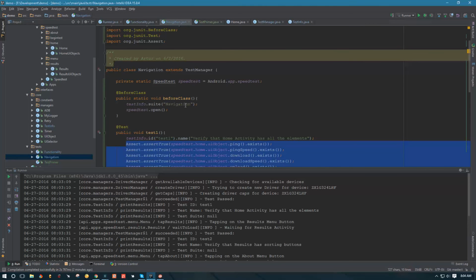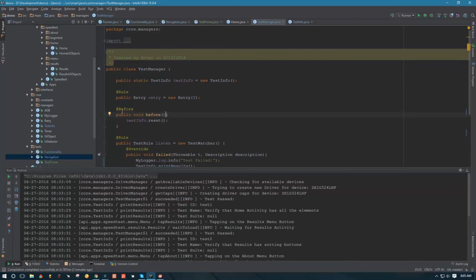And that's a little bit odd, because it did open the app. So before class definitely worked,